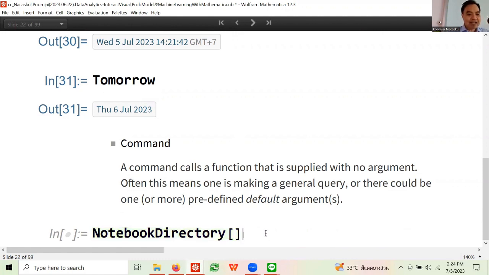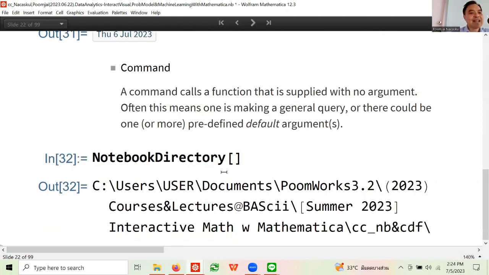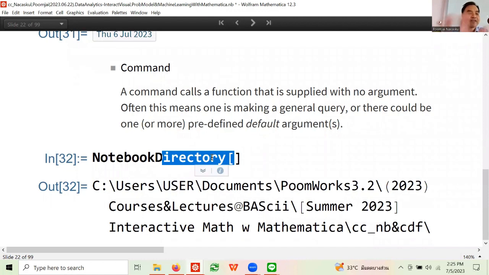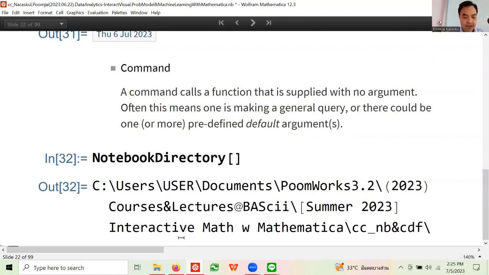So if I did this, it just says, where's my directory? The directory of this notebook. I saved it somewhere, I want to know where it is. Or let's see what other example I have. So these are like functions that have no argument.